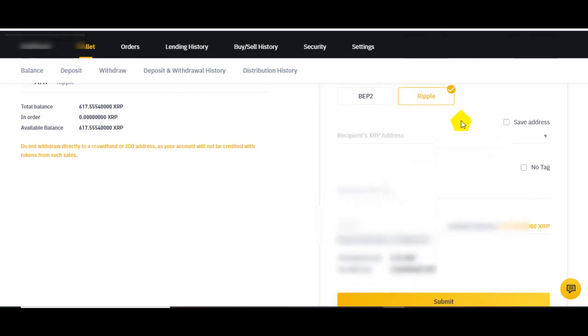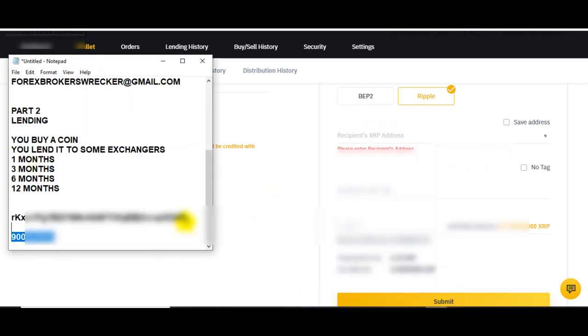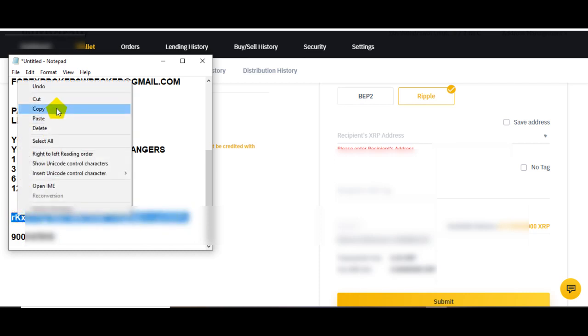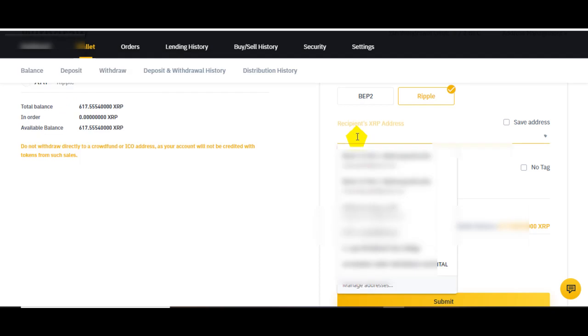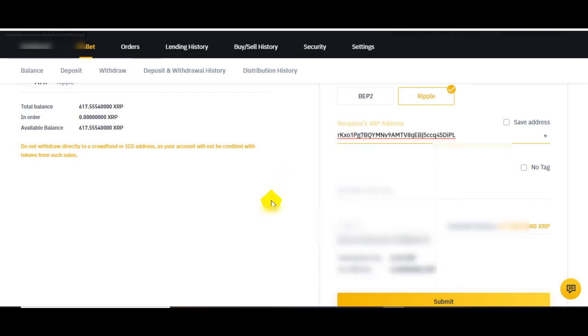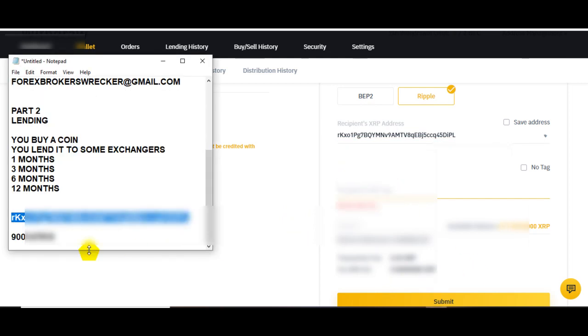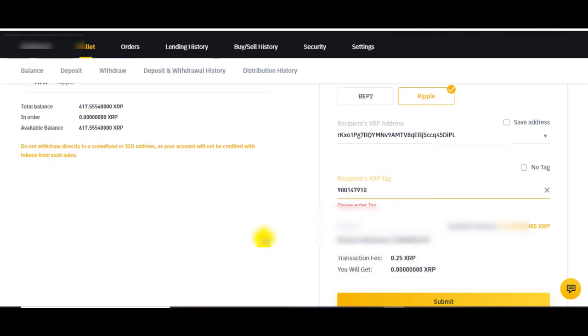I will copy the address and paste it here. Then the destination tag, I will also copy and place here. Now the amount of Ripple I want to send.